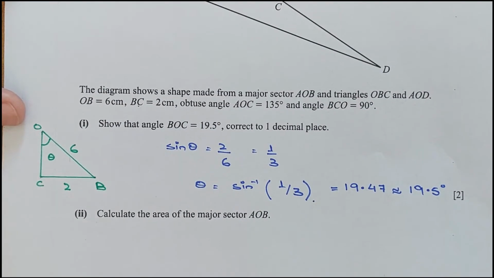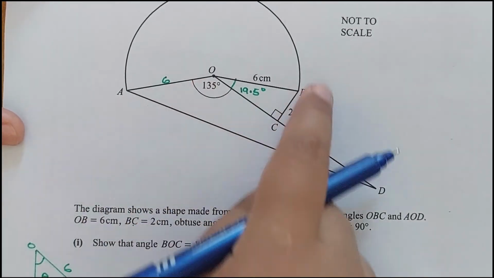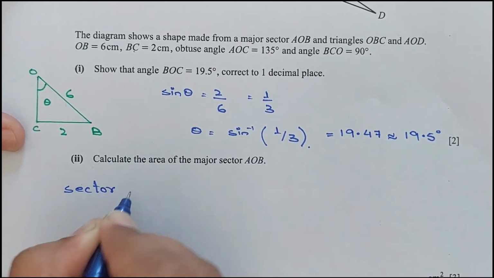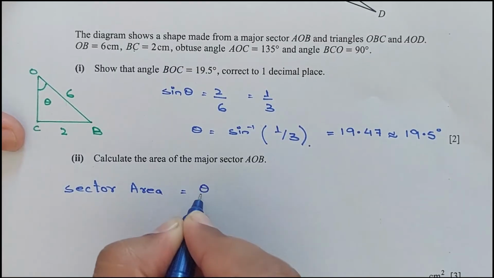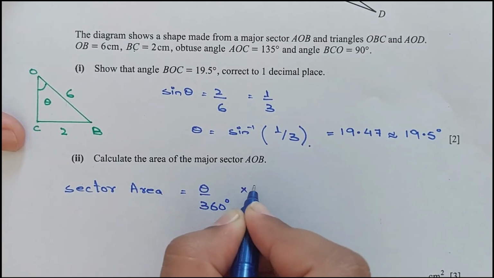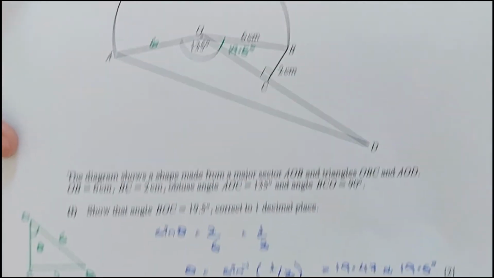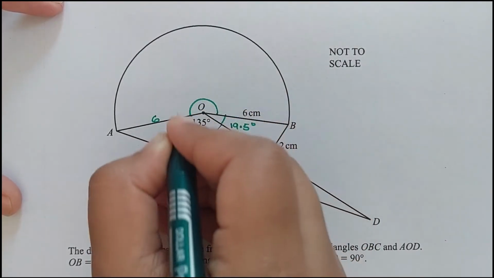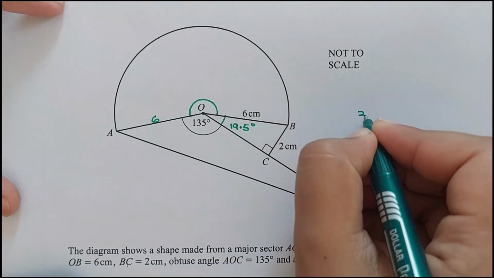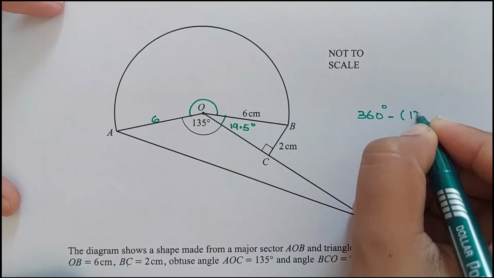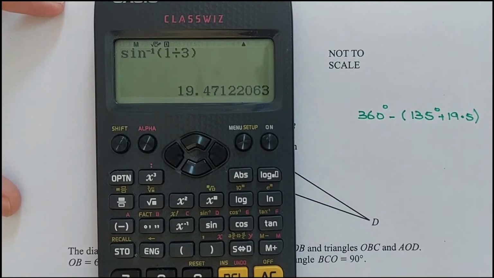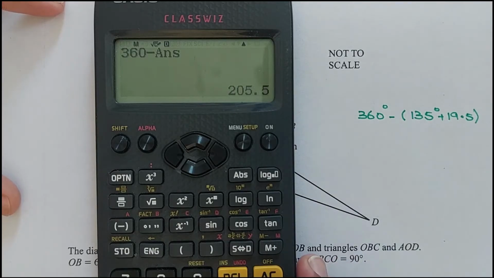Second part, calculate the area of the major sector AOB. The area of a sector of a circle has the formula theta over 360 times pi r squared. What is theta? Theta is this angle. The whole angle is 360. From 360 degrees, we have to subtract the sum of 135 and 19.5. 19.5 plus 135, and 360 take away the answer. This should be 205.5